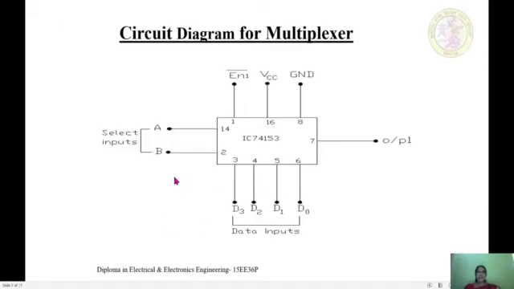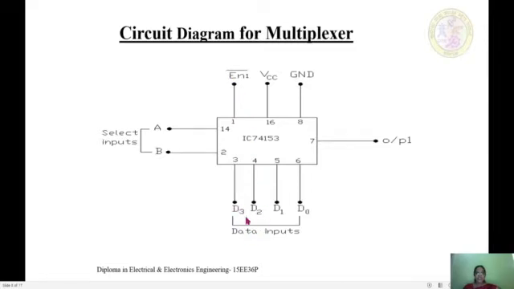The circuit diagram for a multiplexer. You can make use of any one multiplexer from the IC. So we are making use of the first multiplexer here, wherein we are going to connect pin number 16 to plus VCC, that is plus 5 volts. Pin number 8 is connected to the ground terminal, and for enabling the action of the multiplexer, pin number 1 will be connected to the logic input switch.